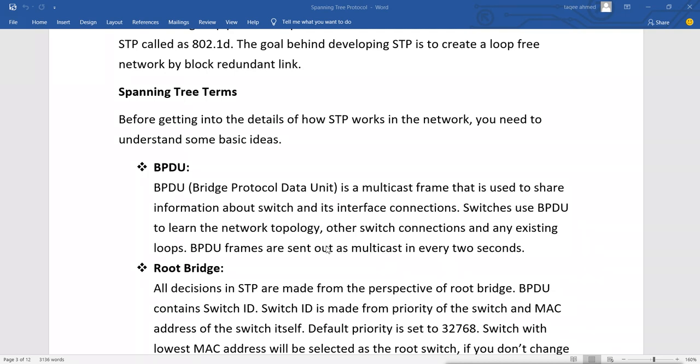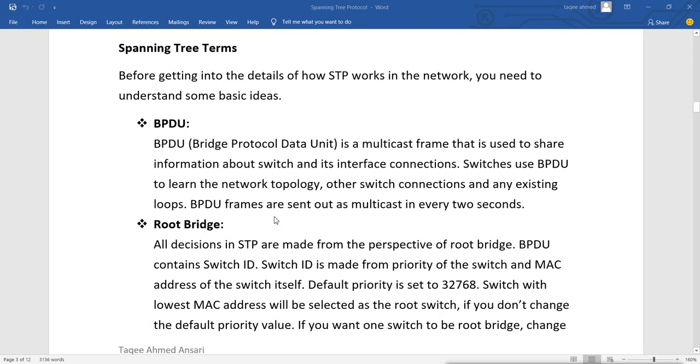So it reaches all the switches in your network, and it carries information about the topology, interfaces and connections. This is the main packet which is responsible for letting all the switches know the topology, to avoid the loop and help STP work properly.